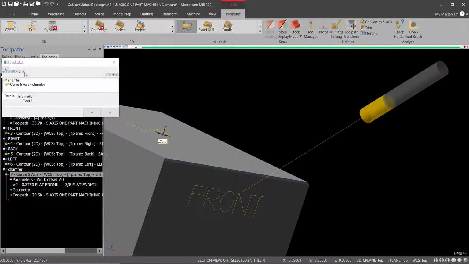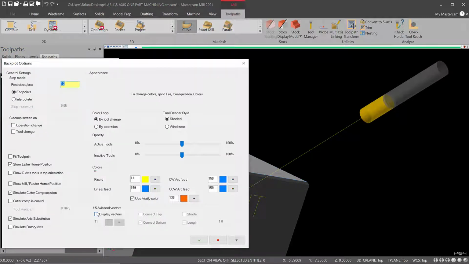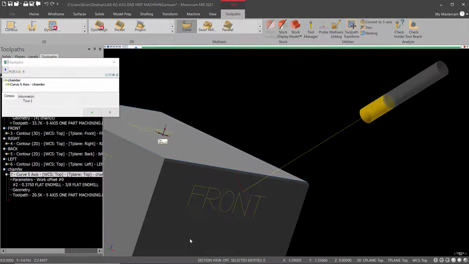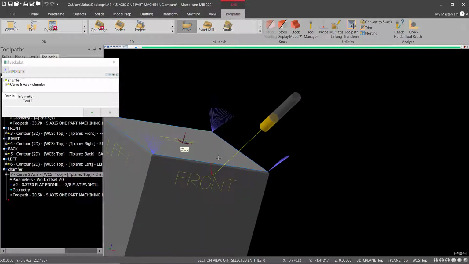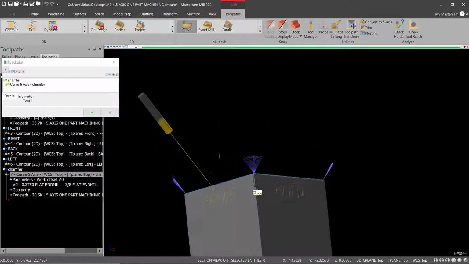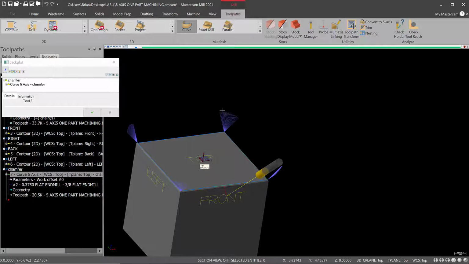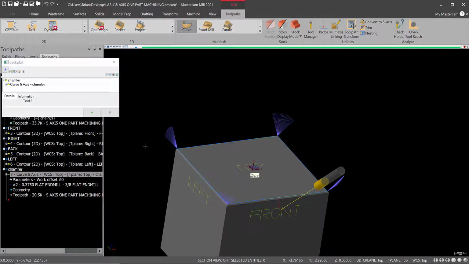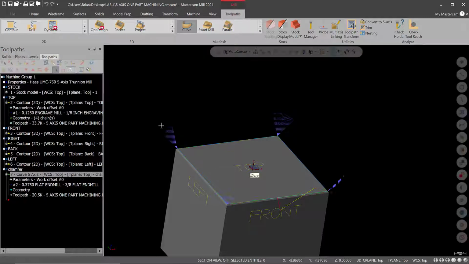A couple other tools in here that I think are useful. If we go into options, you can display your vectors. And you see our vector lines now. Okay, and in other types of toolpaths, you can use these as geometry and save them as a level. Here, you can save them as geometry if you want, and I've seen people use that to guide the tool around. There's a very good video that Mastercam puts out for that. Okay, so that's just another example. This is real simple; doesn't really need any other guiding around. But anyway, we'll hit green check,